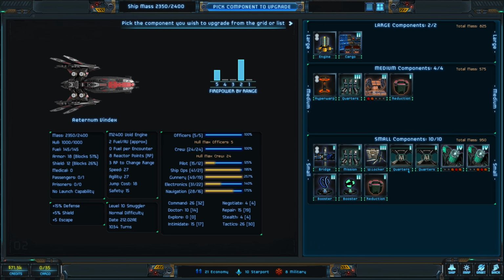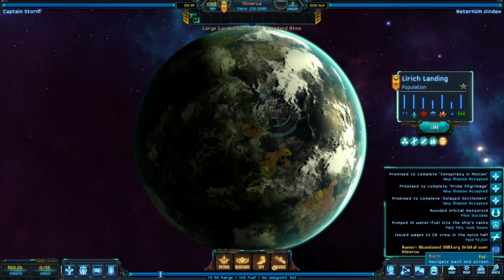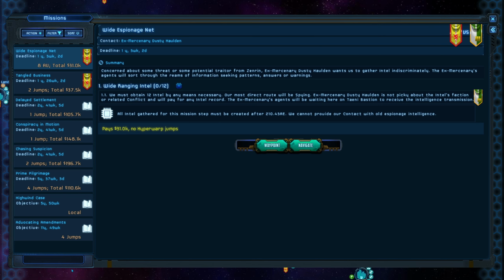So here's what we're going to do. We're just going to leave that the way it is. We're going to go do some missions, and we need to get some more pilots. So let's do that. We're going to pay our crew's wages because they were sitting around waiting for us to get all this done. It took a few weeks. So let's look at